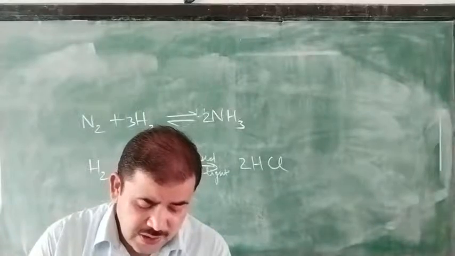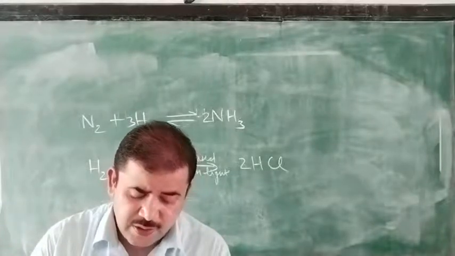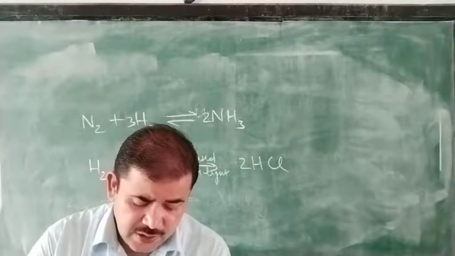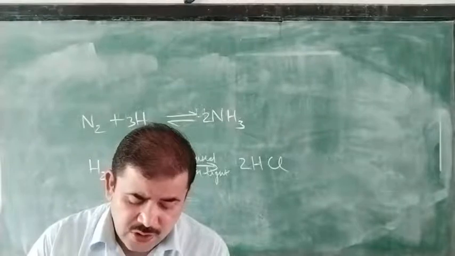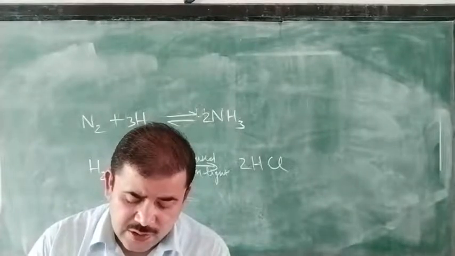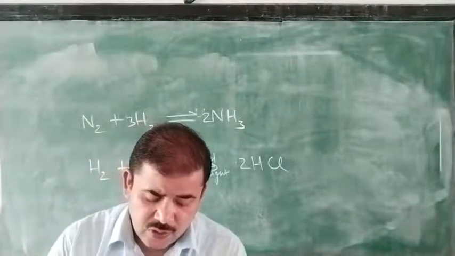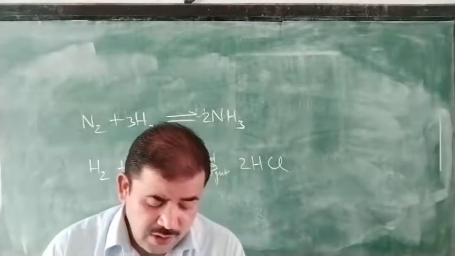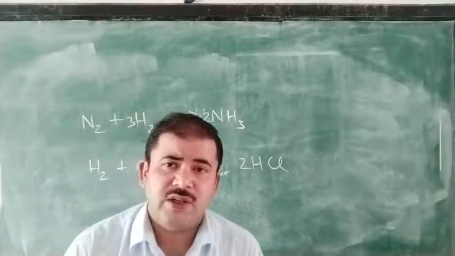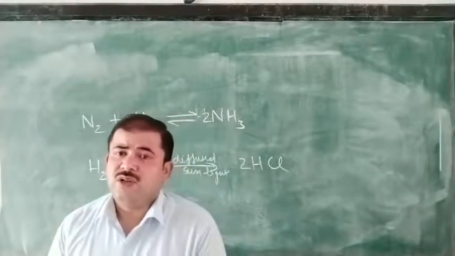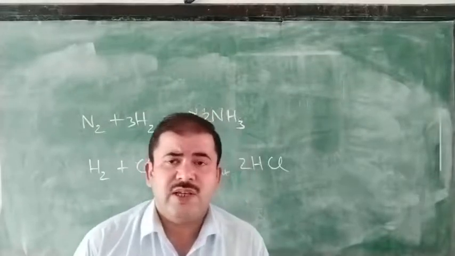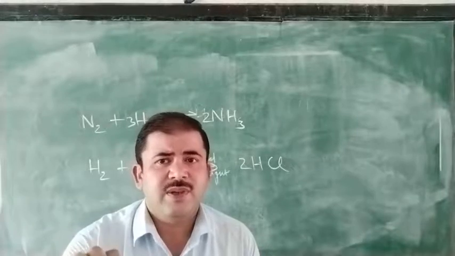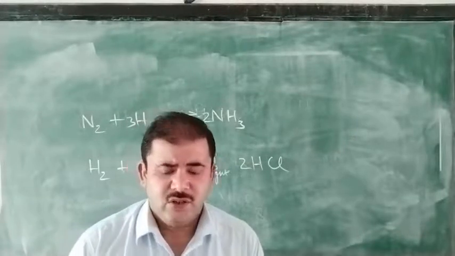Define a thermal dissociation reaction with a suitable example. Give an example of a photochemical decomposition reaction. Name a metallic oxide which on thermal decomposition is reduced to a metal. So first, thermal dissociation reaction. We know that a thermal dissociation reaction is a decomposition reaction, but here a reversible sign should be present.